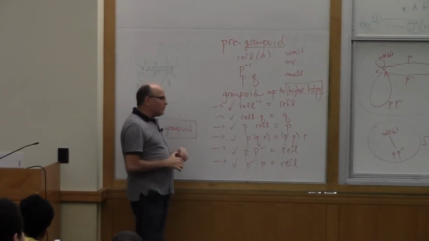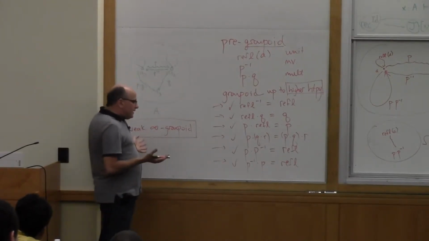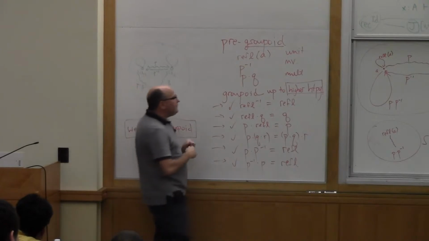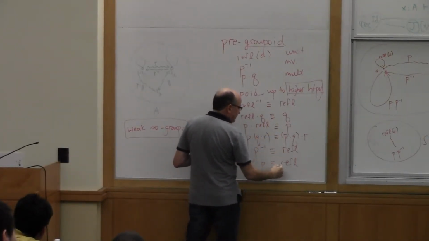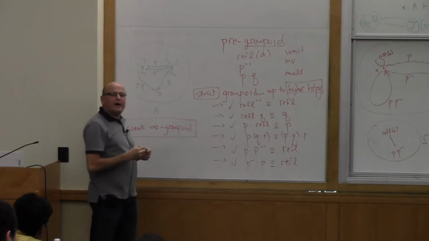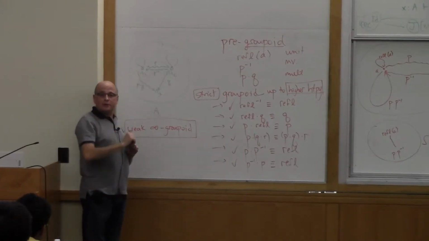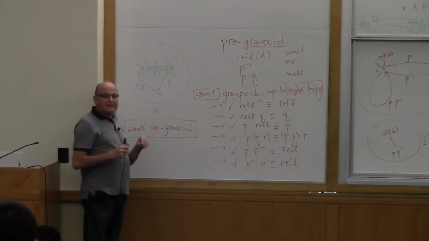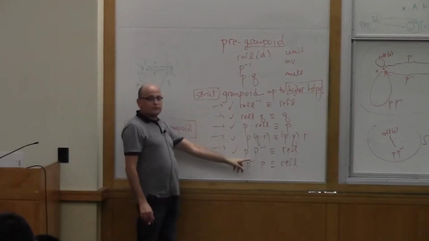So the idea is that we're going to talk about something called truncation. So an example of it is, if I demand that these hold up to definitional equivalence, then I will have what is called a strict groupoid. So you can strictify or truncate, as it's called, at any dimension you wish, and demand that, no, at that dimension I demand that these things really hold on the nose. So that's the terminology.